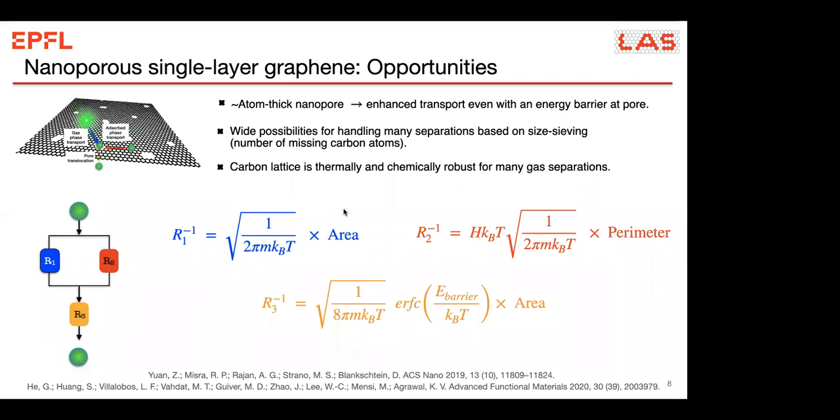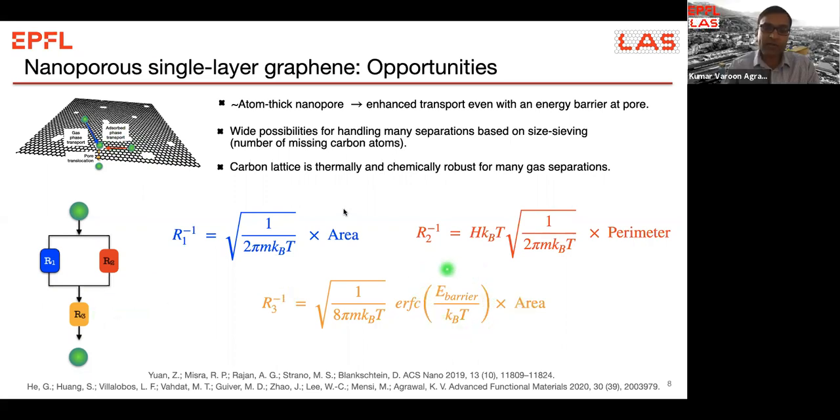What really happens in practice is you have two contributors to the gas at the pore mouth. So you have a gas phase where the gas actually bombards the lattice and arrives at the pore mouth, but also an adsorbed phase where the gas bombards and adsorbs to the neighboring site and then hops to the pore mouth. Once they arrive there, the key factor that determines the selectivity, if we are in the size sieving regime, that is the regime where we are doing the selectivity based on steric hindrance, is the barrier that the gases experience when they are at the pore mouth.